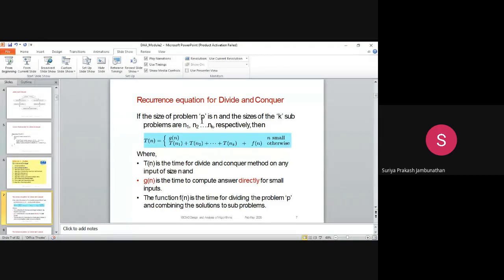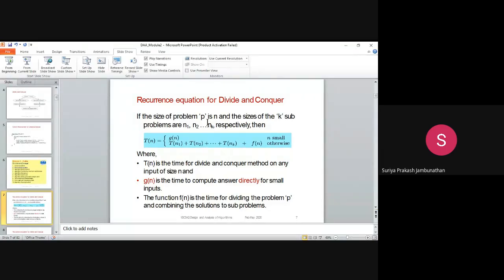Then the K represents the subproblems, which are represented as n1, n2, nk. How many times you divide, how many subproblems you make from the original problem, that will be considered as n1, n2 until nk.